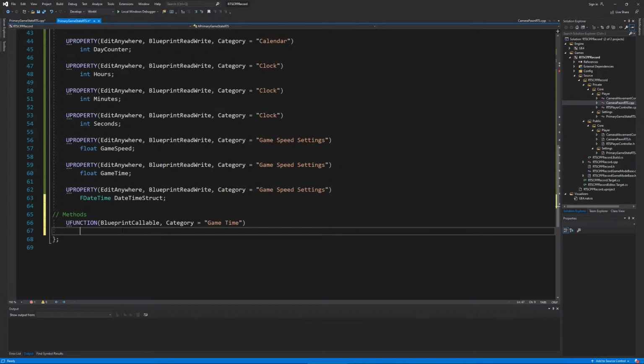But we are expecting it to return nothing. So we do virtual void. That's the return. Nothing. Void. It has no value. We give it a name, which is calculate time. But because of pass by reference and pass by value, Unreal allows us to actually return multiple things. And you will see in a moment